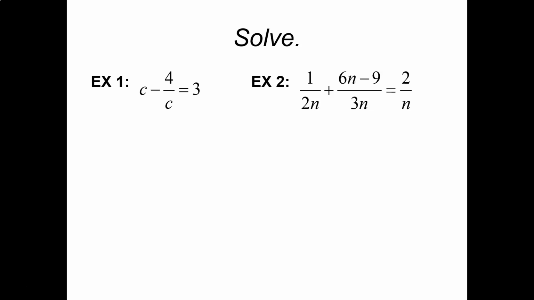Dividing's different because dividing is going to be dividing fractions, easy as pie: flip the second, multiply. So basically all division we just turn into a multiplication problem. So for this first equation, I've got c minus 4 divided by c is going to equal 3. So if I'm trying to solve this,